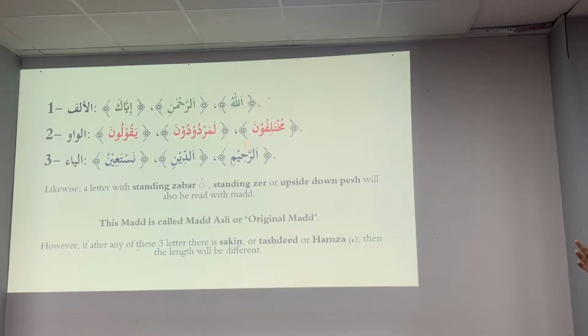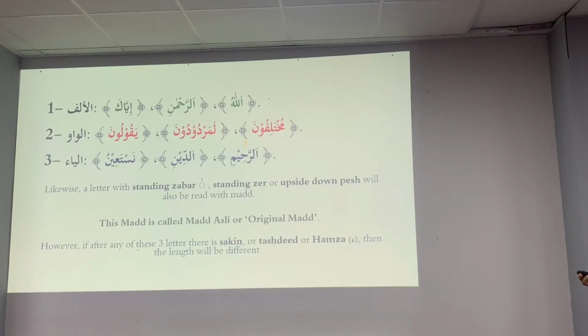Khara zer replaces a ya sakin followed by a zer. And ulta pesh, the upside down pesh, represents a waw sakin followed by a pesh. So these are three letters. Now we can mention here standing zabar, khara zabar, standing zer or khara zer, and upside down pesh, ulta pesh. These also represent or replace these three letters: alif when empty followed by a zabar, ya sakin followed by a zer, waw sakin followed by a pesh. So with waw we'll see the example